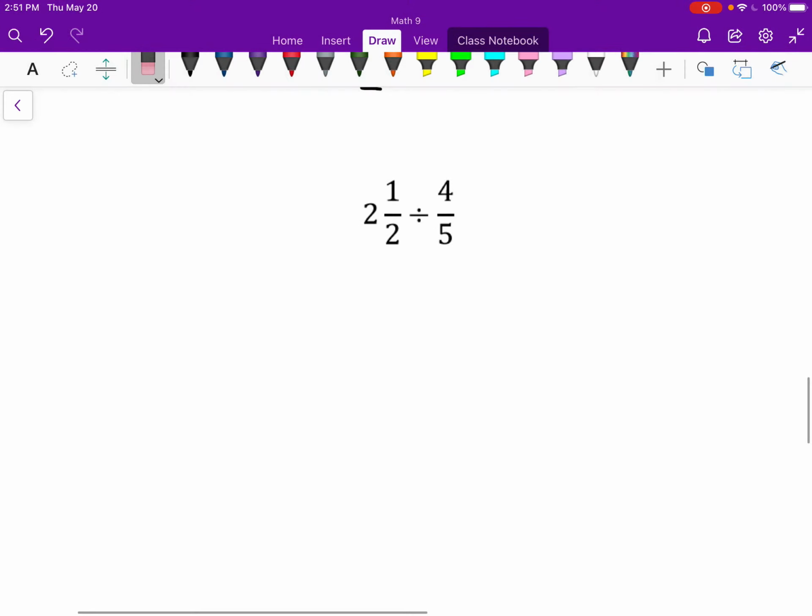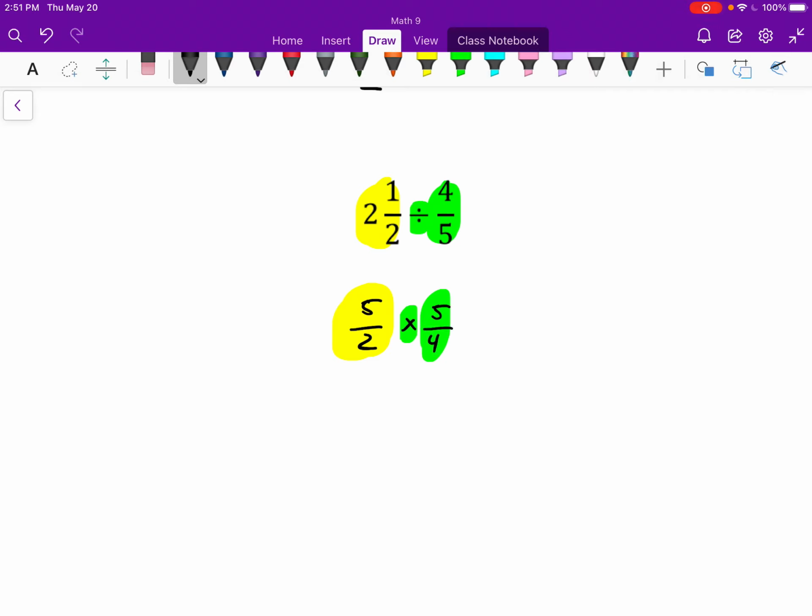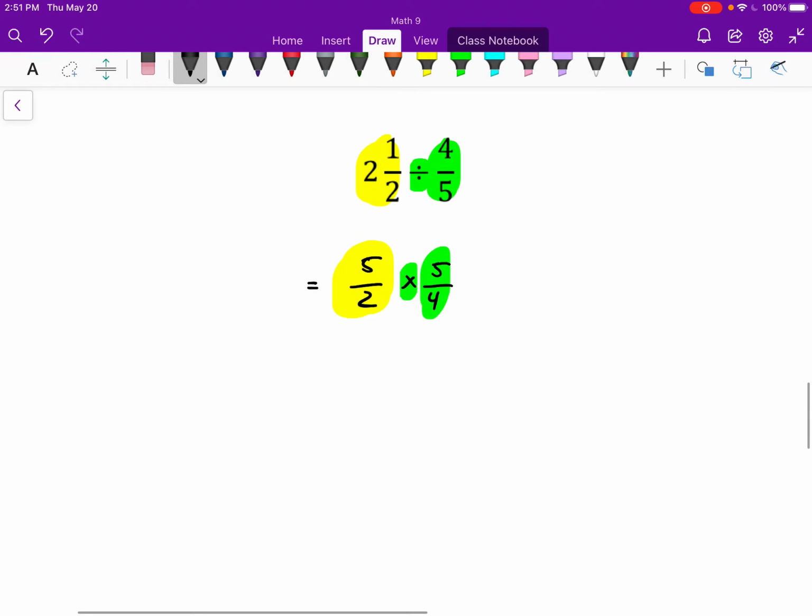Lastly, I have right here 2.5 divided by 4/5. So first of all, I want to change this to an improper fraction, just like I did before, 5/2. But as well, instead of dividing by 4/5, I want to change it to multiplying by 5/4. All right, now if I look at this, nothing actually simplifies. If I look at my numerator and my denominator, there's none of my factors. We say simplify here. So I'm just going to go straight to 5 times 5, which is 25, over 2